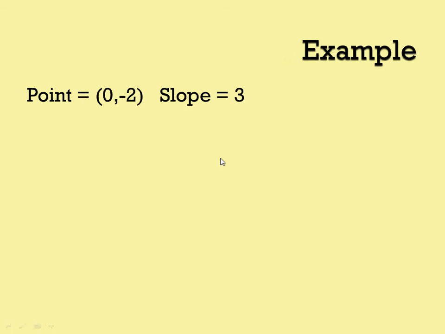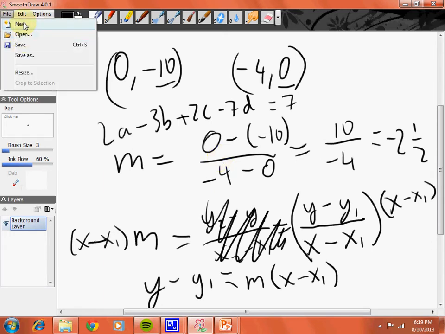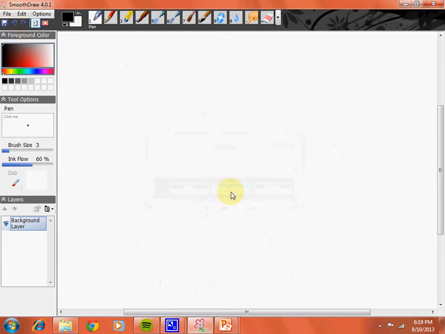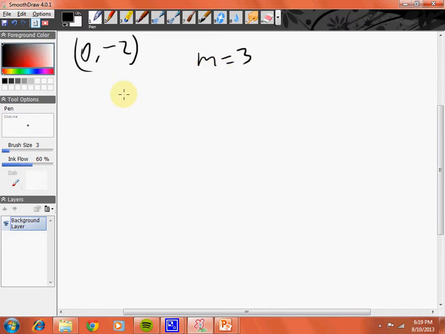We're looking for a line that has a point 0, -2 and slope 3. So let's do that pretty quick. New, do not save it. 0, -2, and then slope is 3. Was it 3 or -3? 3, yeah. So I usually start with, I mean, you can do this problem really easily using the point slope